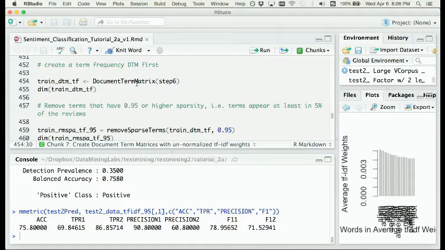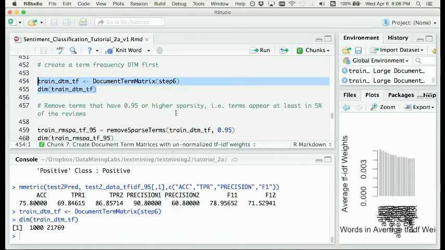First of all, we will use the document term matrix function to calculate the actual, unnormalized term frequency. So here we do not include any additional parameter. We just include the cleaned corpus, step 6,